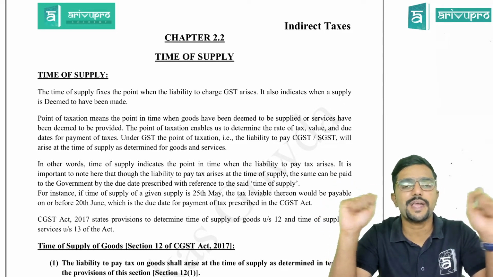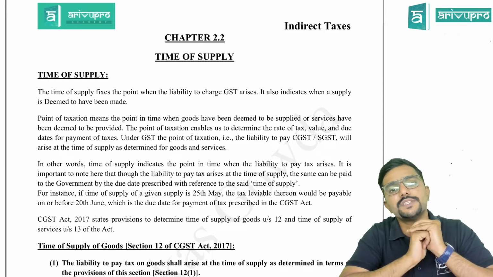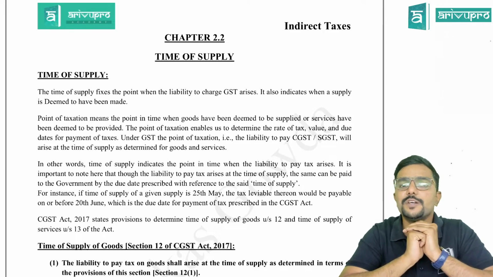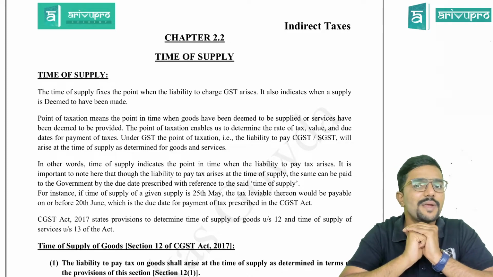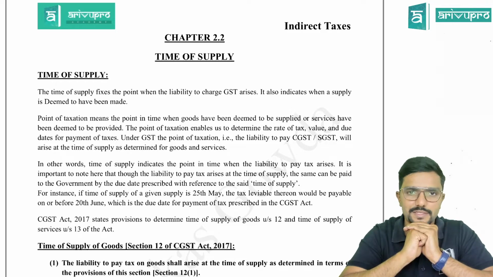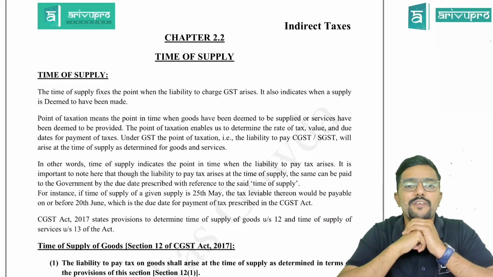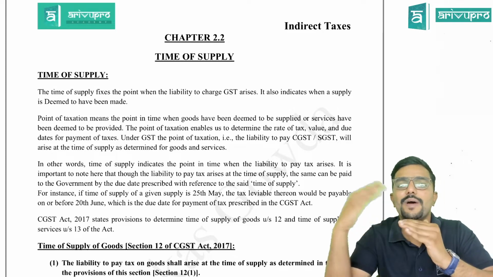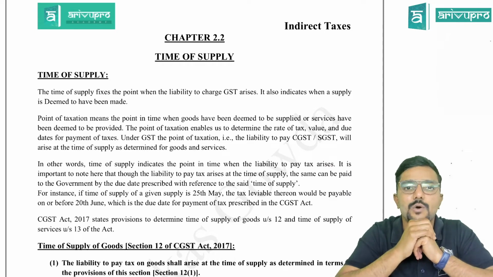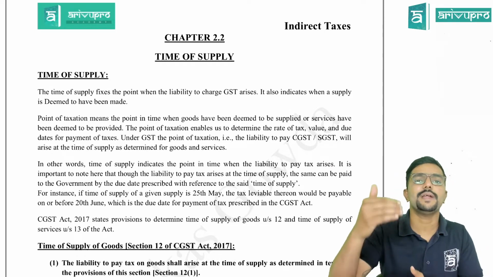So in these two cases, what is the tax rate applicable? It is given in section 8. Then coming to section 10, it gives an optional scheme for the small suppliers to pay tax at lower rates. Then section 11 talks about exemption. So if the goods or services are exempt by way of notification by the government, they need not pay tax if they are providing such goods or services as outward supply. Agree?